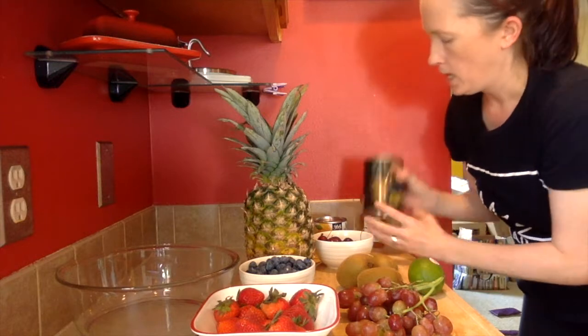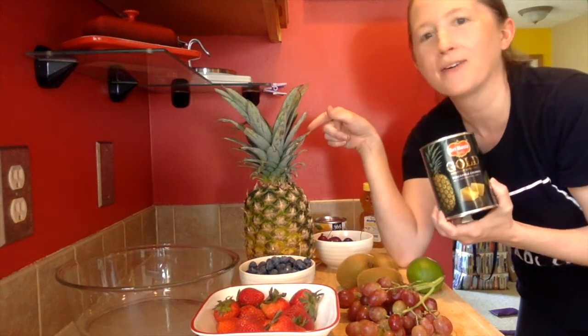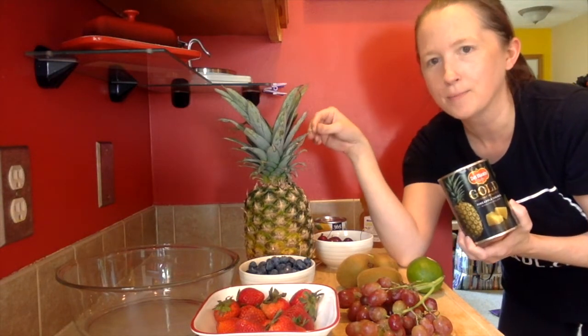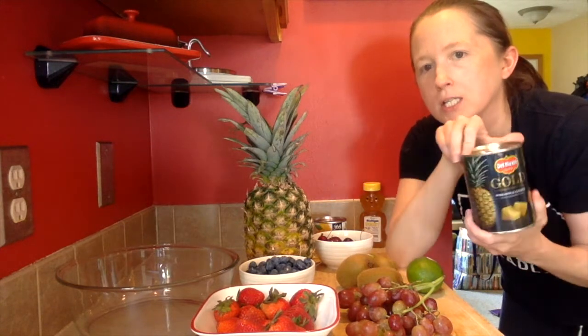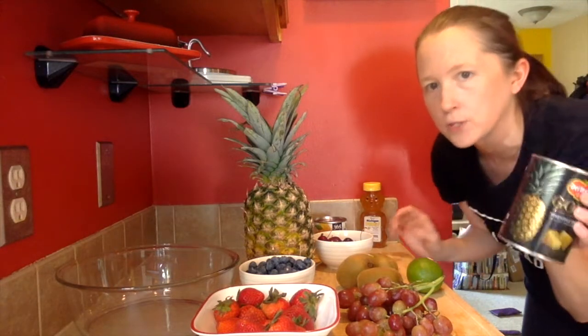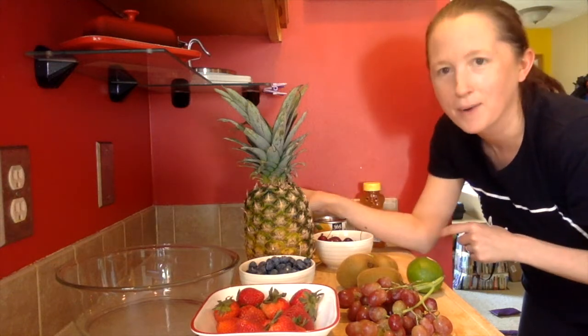the dressing, and I also have a can of pineapple because I feel like I have a hard time knowing when these pineapples are ripe. So I don't know, I always have pineapple chunks or pieces in my pantry. It's a really good base for fruit salad, and good replacement if it turns out that my pineapple isn't ripe